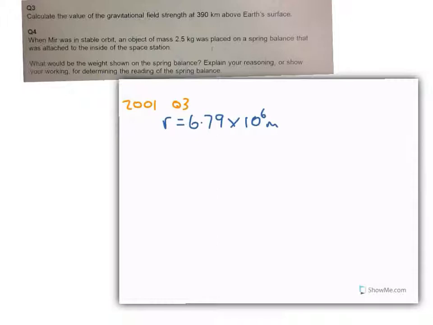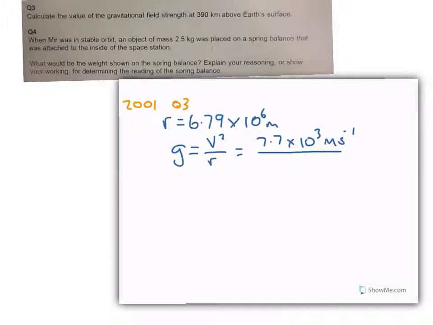To work out the gravitational field strength, that's a g, which is just the acceleration a, is equal to v squared over r. And we worked out the speed previously as 7.7 by 10 to the 3 metres per second,